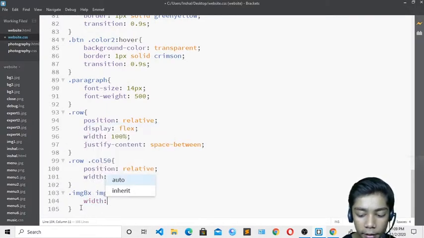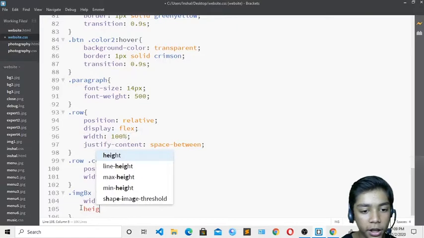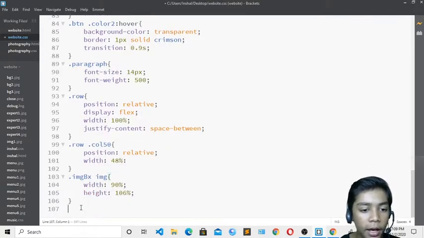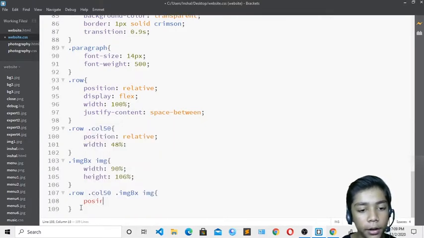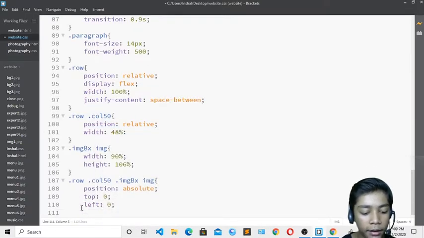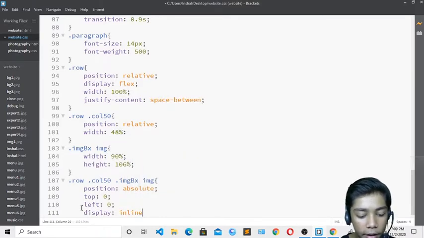So I will write over here again image box image, right over here width should be 110. Okay, it should be not 110, 90%, and height should be 106%. Okay, and over here I will write dot row dot col50 dot image box and image, and right over here position should be now absolute for making it responsive, top 0, left also 0, and then display inline block.